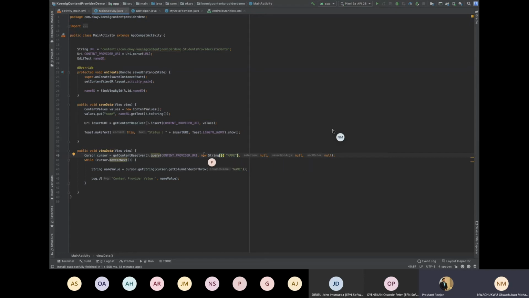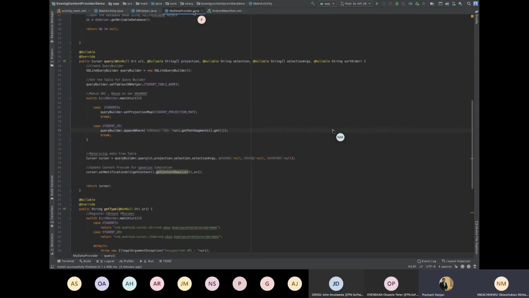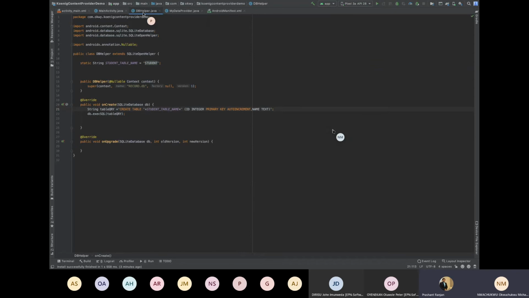The code looks fine. Why is this error coming? Can you uninstall the application and run once?